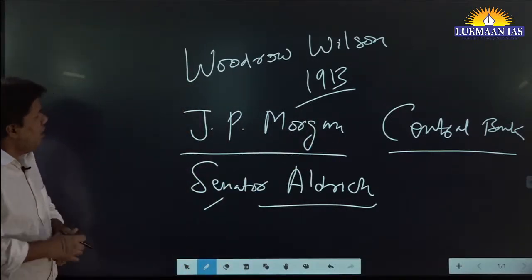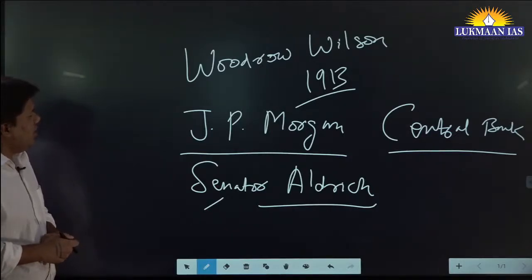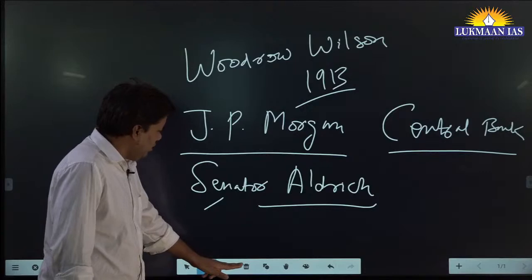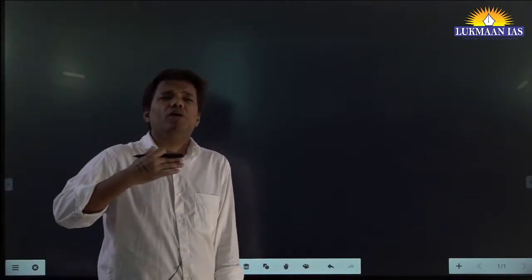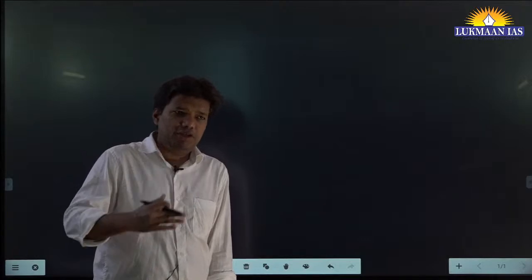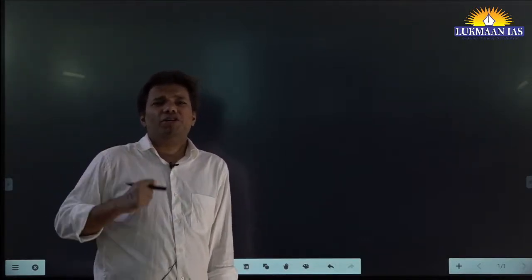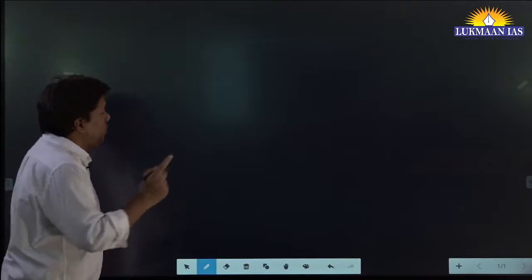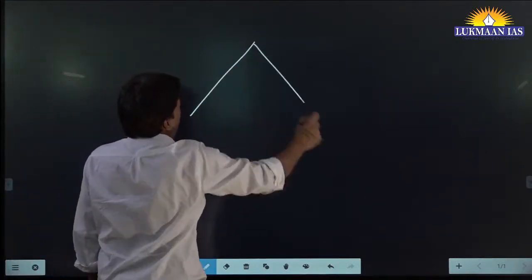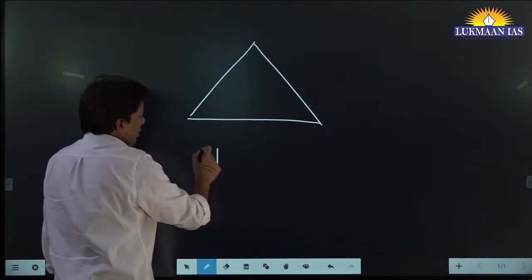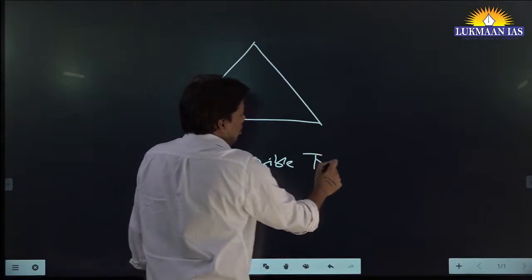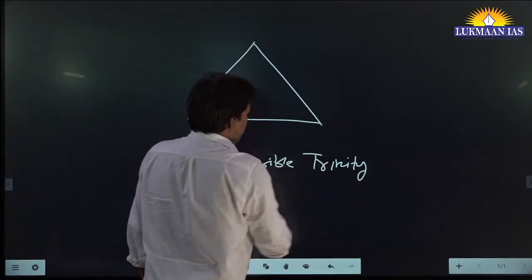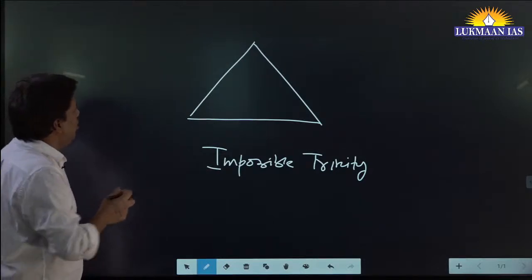Not only this, there are other issues involved as well. One important idea before we go into the experience of, let's say, Germany and what is happening in China with the renminbi: you must know two important concepts. One important concept is the impossible trinity. And what is the impossible trinity?